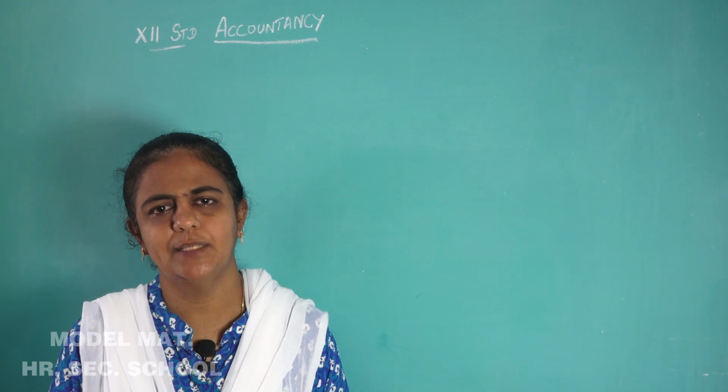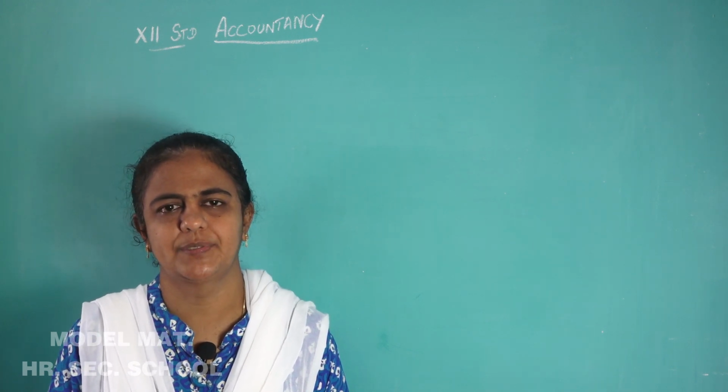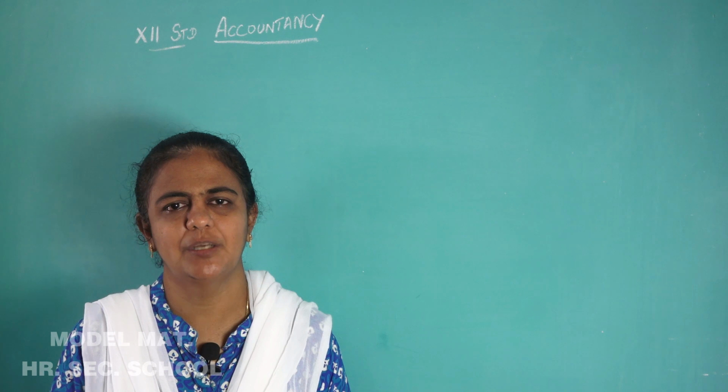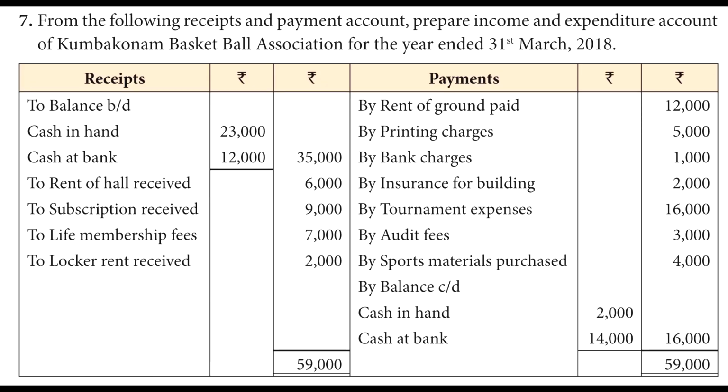First I will read the question for you all. Watch the screen, understand the question, then we will move on to the sums. Question number 7, page number 73. From the following receipts and payments account, prepare income and expenditure account of Kumbakonam Basketball Association for the year ended 31st March 2018. On the receipt side, we have to balance brought down, cash in hand, cash at bank,